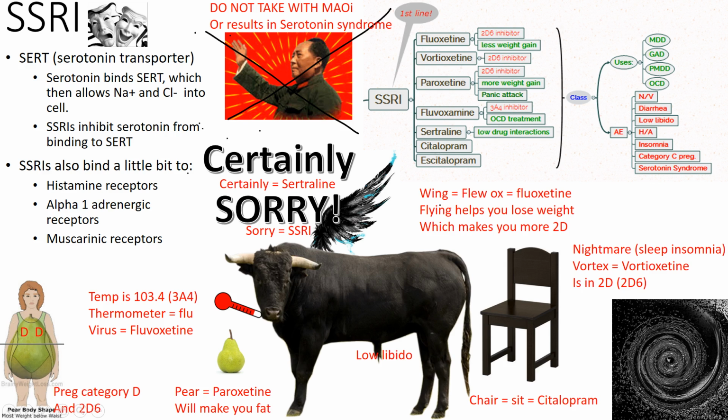fluvoxamine is associated with metabolism by CYP3A4. Those are enzymes. Okay, the rest are 2D6. This one's 3A4. And then here we have the pair